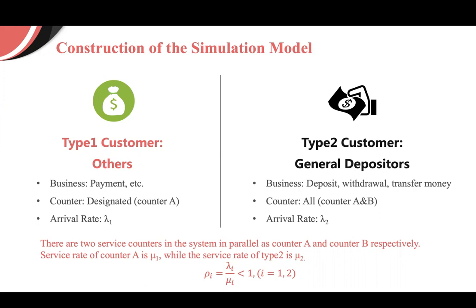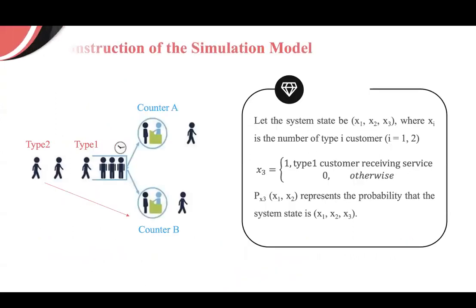The arrival rates of type 1 and type 2 customers are lambda 1 and lambda 2 respectively, where type 1 is restricted to be served only at counter A. The service rates of counter A and counter B are mu1 and mu2 and satisfy the condition of rho equals lambda divided by mu. Then, according to the previous finding, M/M/1 is more efficient, so we suppose that there is